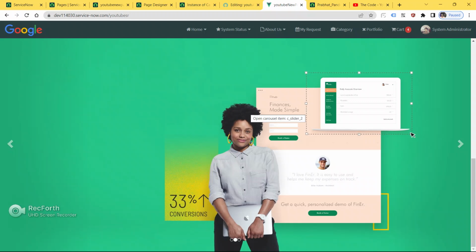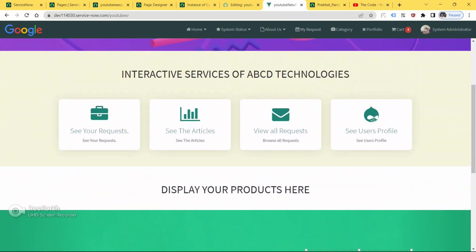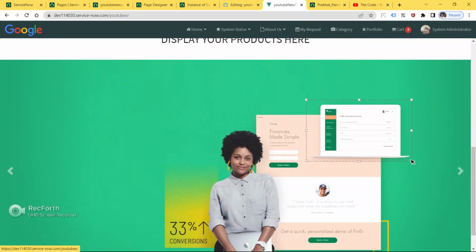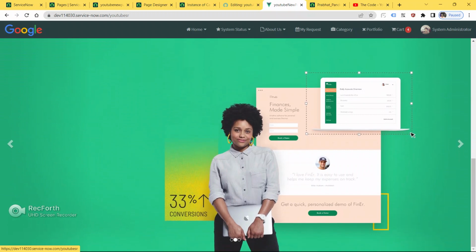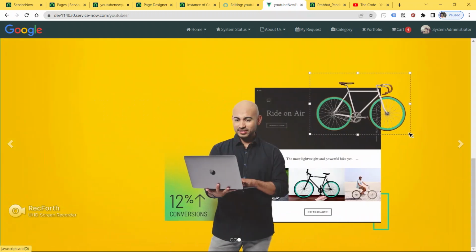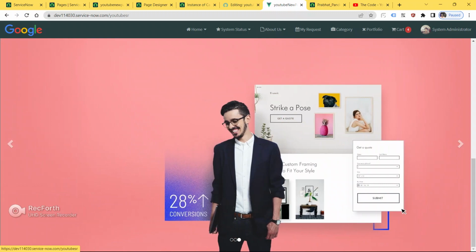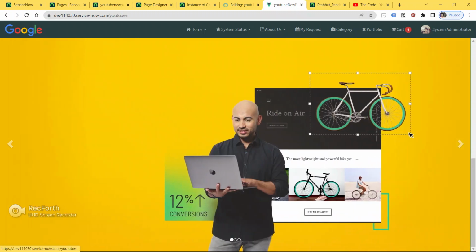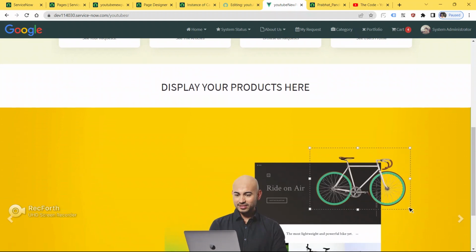This way the out of the box widget or code won't get disturbed, and you are free to do modifications in your custom widget or custom code. In this video I made a custom widget and then did these modifications, so that our out of the box widget is intact, no modifications at all.